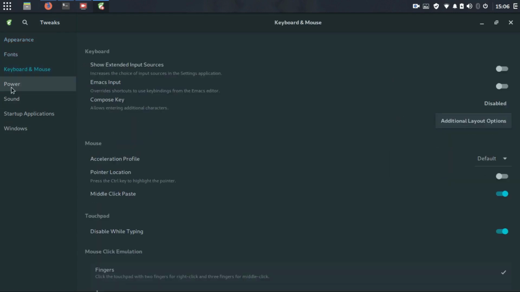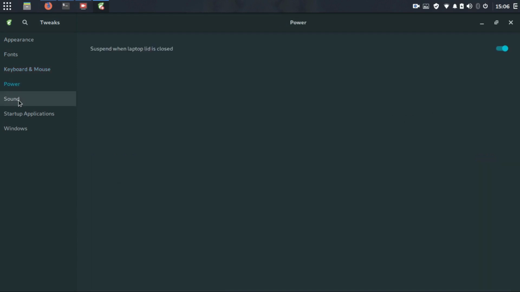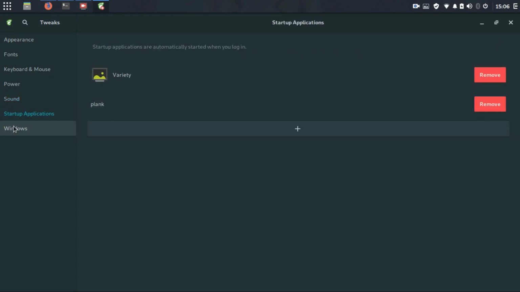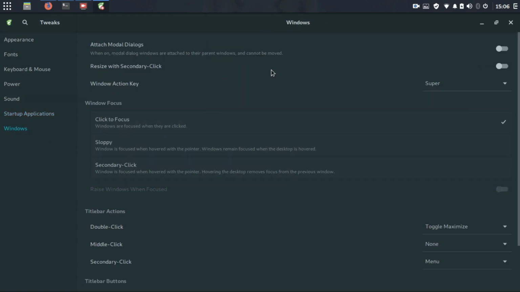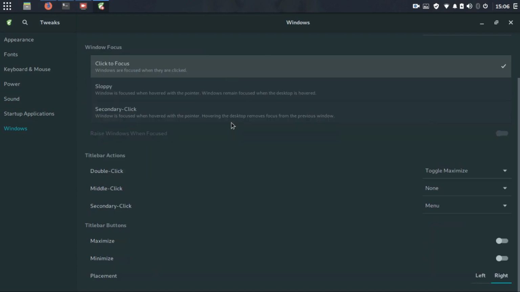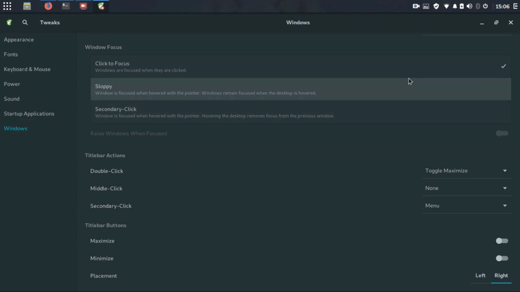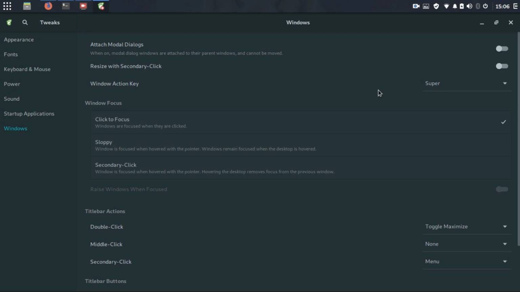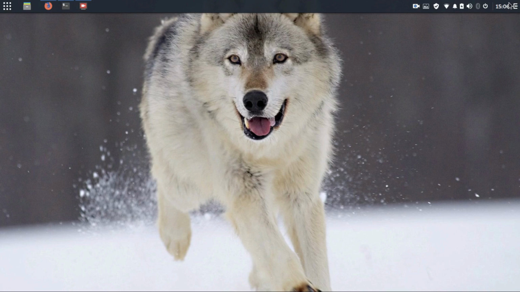Fonts we can do through Budgie settings. Keyboard we can do through Budgie settings, and the power through GNOME settings, and variety, startup applications and Windows. So really, you got these little tweaks here. So probably the tweak tools probably don't really need it in the Budgie desktop. It's always handy to have anyway, just in case you need it. Then you got your time, your calendar,